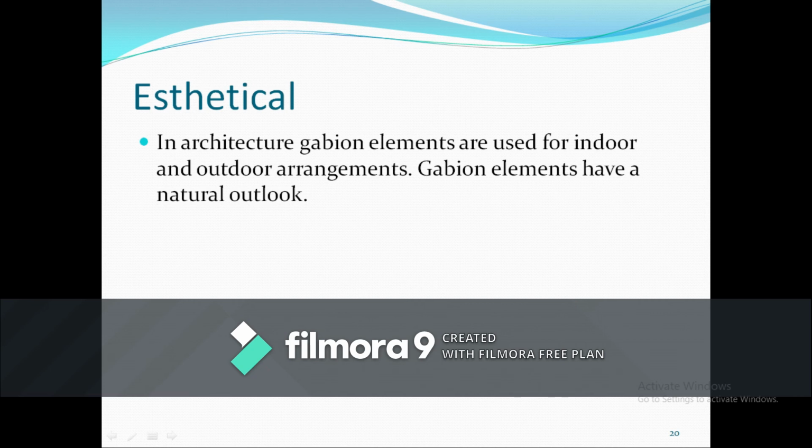It is only because of Gabion elements, which make it look more beautiful, and the elements are all eco-friendly. And when we check, it is going to control even your pollution. So these Gabion walls, because of their aesthetical appearance, are used in indoor and outdoor arrangements, and they have a natural outlook. Because of all these things, we are using Gabion elements mostly.